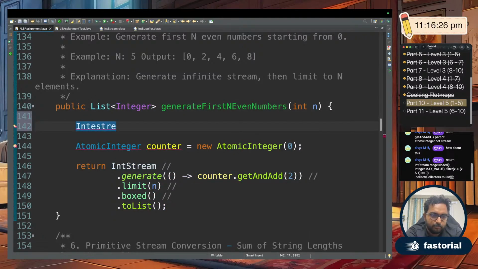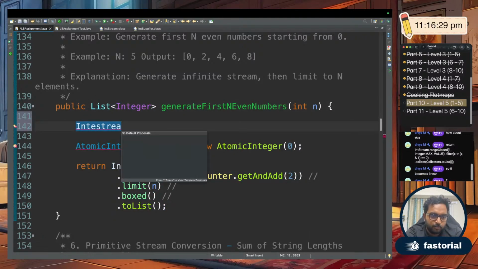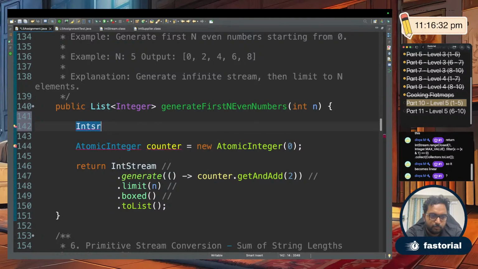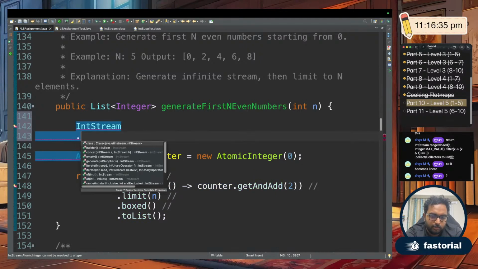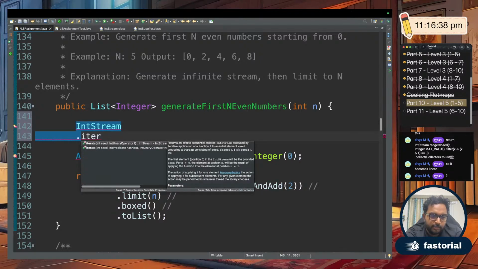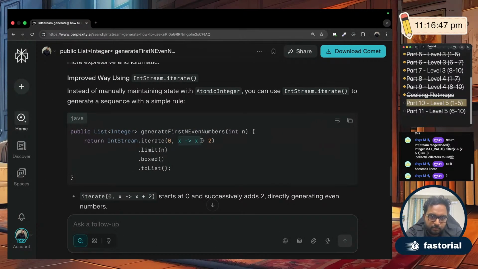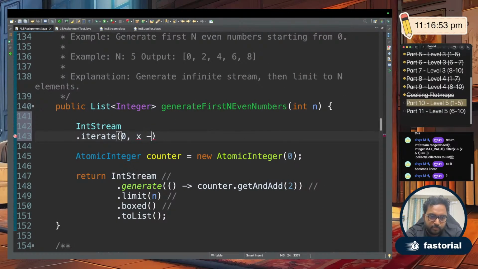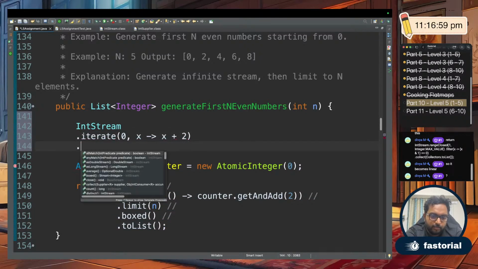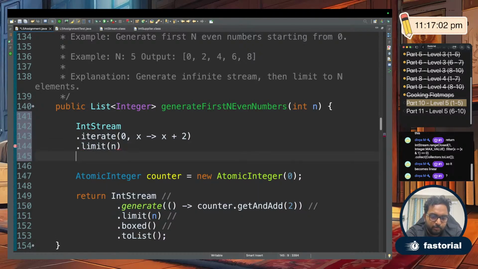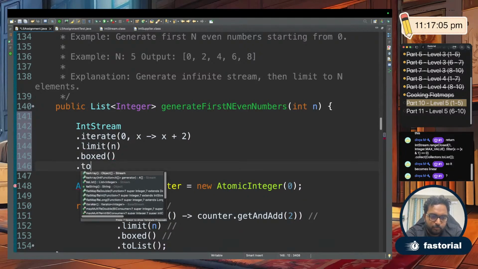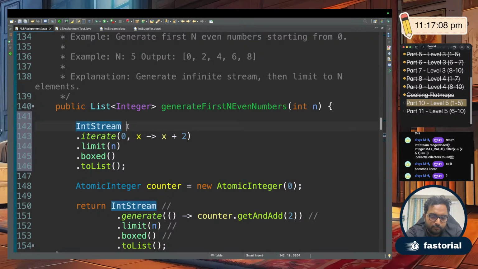So IntStream dot iterate. Okay, and seed, and then they're asking a unary operator, right? So seed, it started with 0. And what is the unary operator? Unary operator is this. So for every x, do x plus 2. And then they are doing our limit of n, and then dot boxed dot to list. So if I did this,